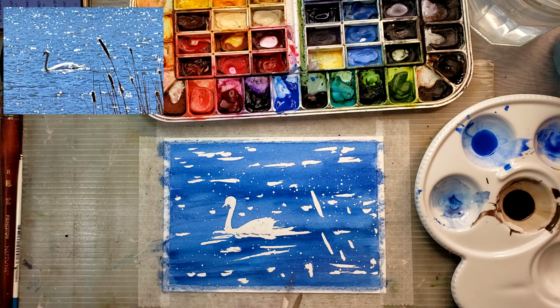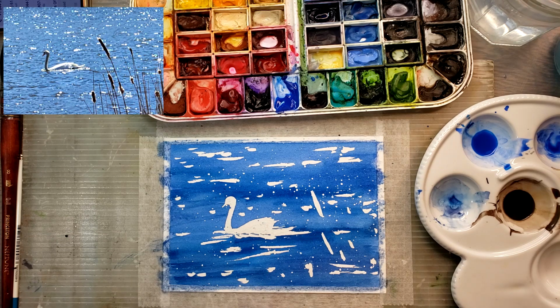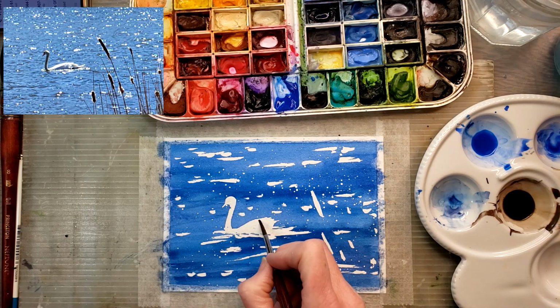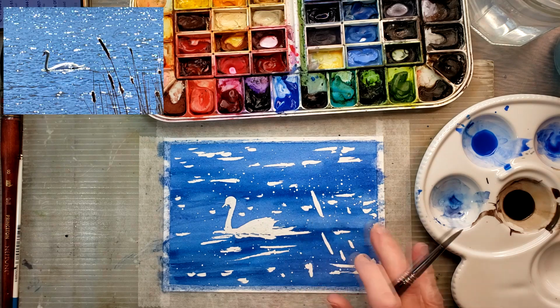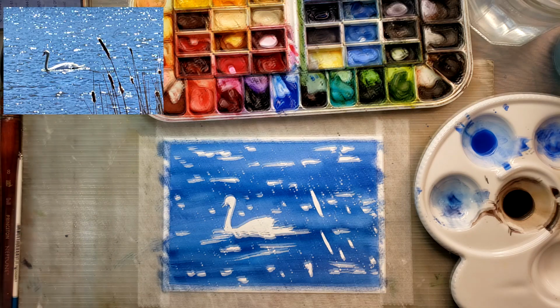Now he has a little bit of blue on his back that I'm just going to see if I can take a clean paintbrush and just mute that a little bit. I don't mind it being a little bit light blue, but I don't really want a spot. It's a little better. If it's phthalo blue, it's very staining, and if that's what I got on there, then it's not going to come up completely. Okay, so